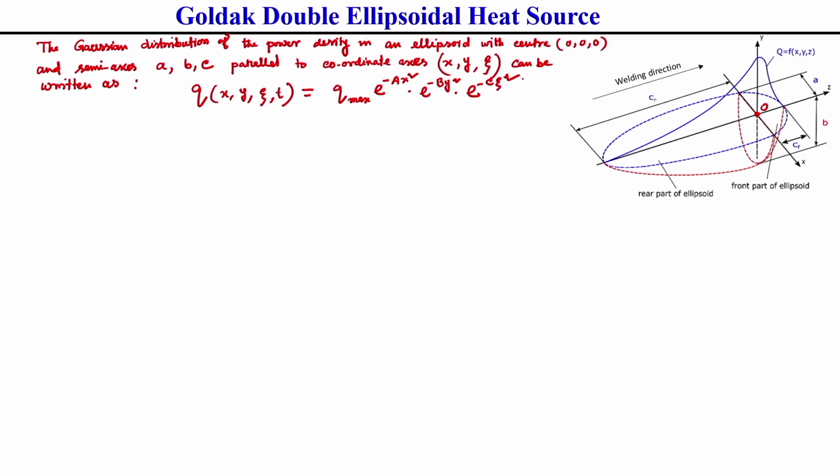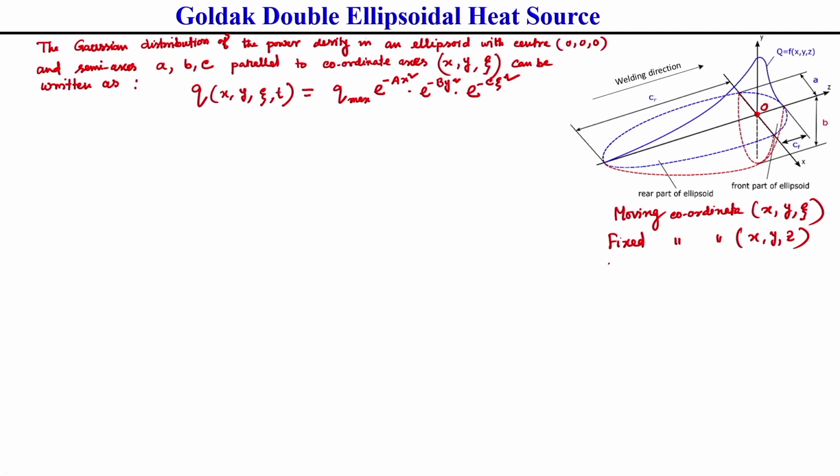So, generally in this case we will consider two coordinate systems. One is called the moving coordinate system, that I will represent as x, y and zeta, and another one is called the fixed coordinate system, also called the local coordinate system. This I am representing as x, y and z. This you should keep in mind. These two different coordinate systems I will use.